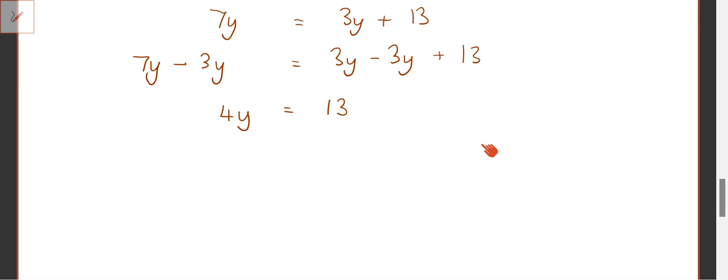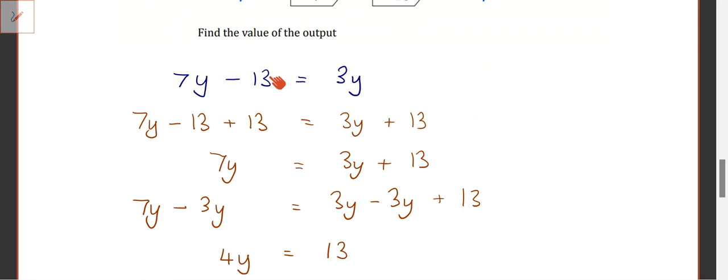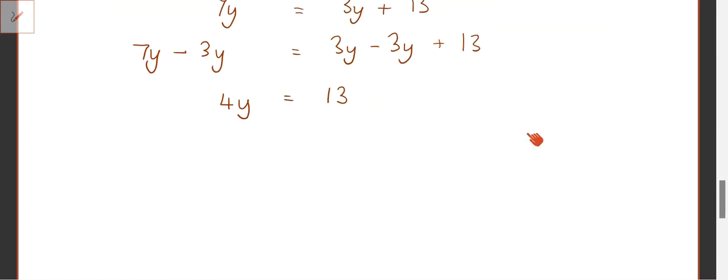No, because 7 minus 13, I've got to keep that separate. I wouldn't do that. I'd never take the variable, the y, out. But we're left with 4y equals 13, so we've got to divide by 4. So I'm going to do 4y's divide by 4 is the same thing as 13 divide by 4, which means the input, the y, is equal to